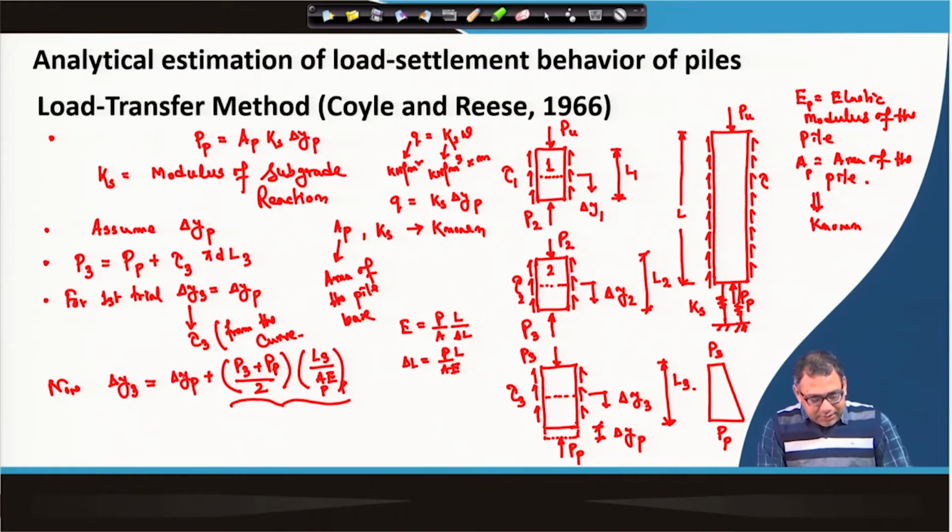Okay. Now, that del y 3 will check whether the previously assumed del y 3 and this del y 3 are within the tolerance limit or not. They should be same or very close to each other. So, previous assumed del y 3 and now new del y 3, if they are within the tolerance limit, then we will stop. Otherwise, now in the next trial,